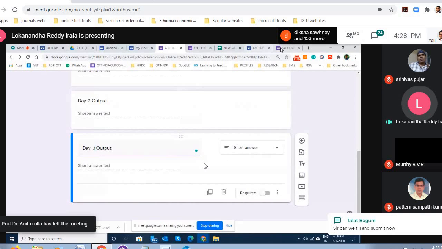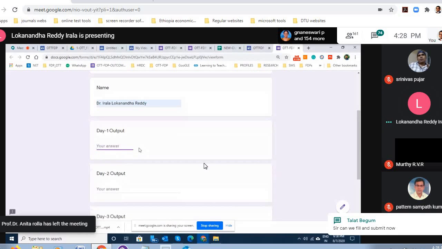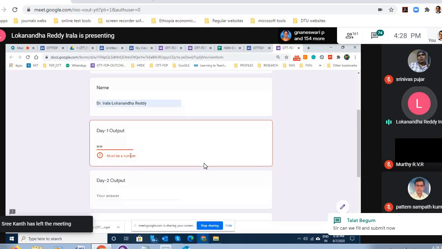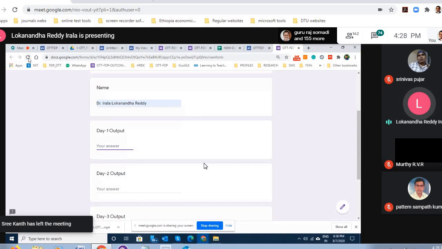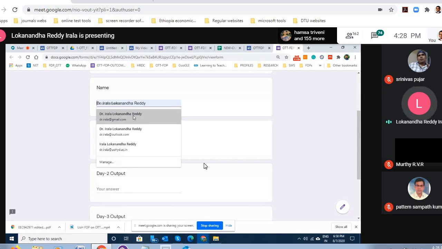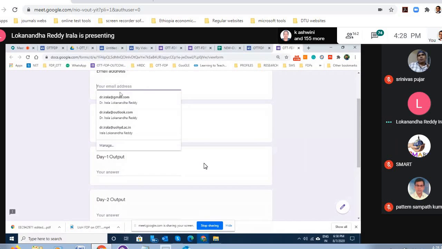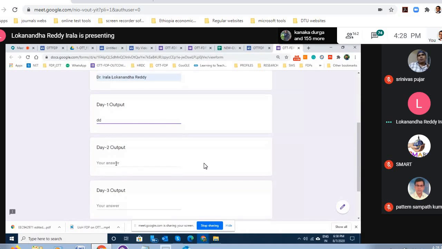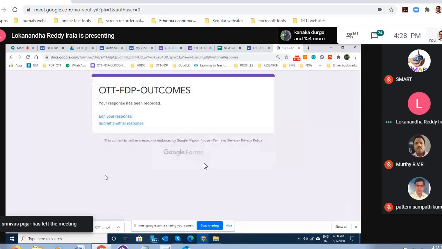So now once you go here, I kept these fields optional for you, so that you need not fill in on a particular day. If you don't want to come out with your output, that is fine, no issues. So it will be blank. Do this like this, then submit and edit your response.